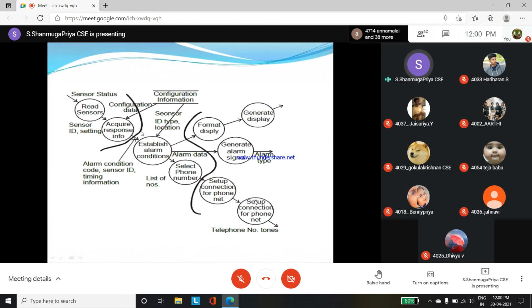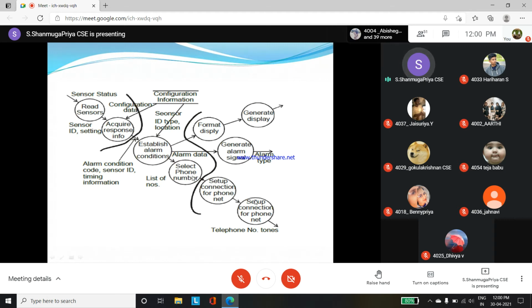Here we have taken only one part of the DFD diagram, the sensor part, and we draw some boundaries. Boundaries are nothing but a dark line we have to draw.